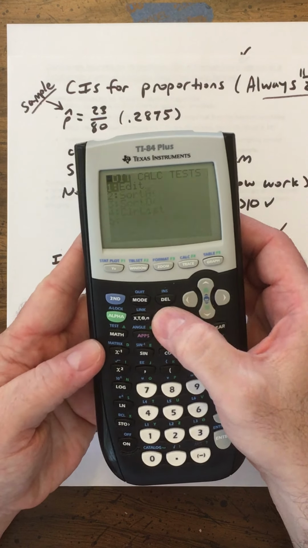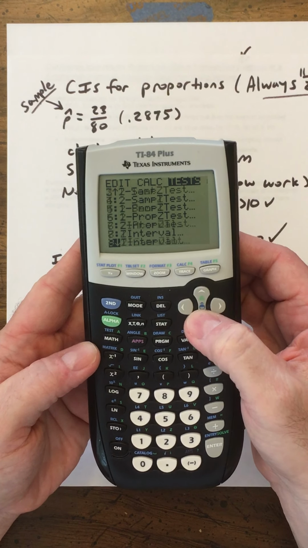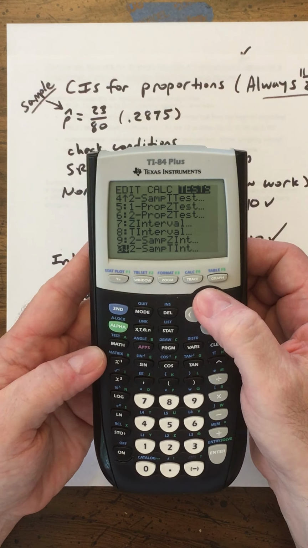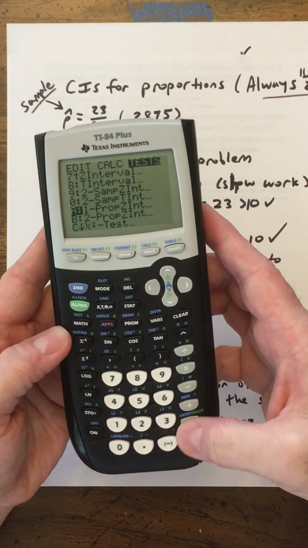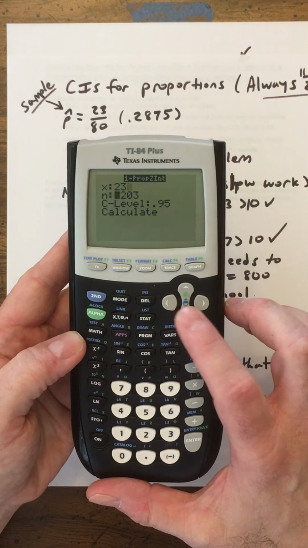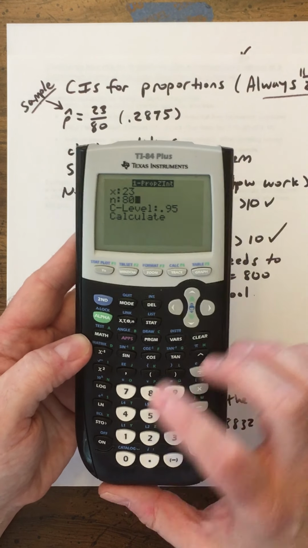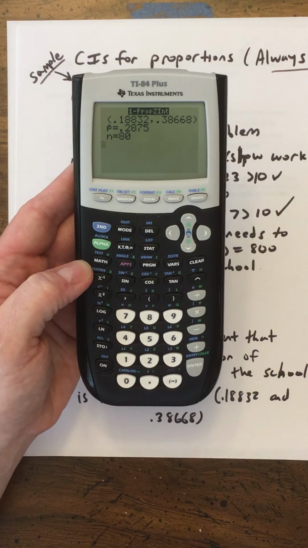When you go to your stat, here we're doing a one proportion z interval. One prop z interval. You have to go down a little bit. One prop z interval. Let's see what we got. X was 23. There were 23 allergy sufferers, and n is 80. And we wanted, was it 95%? 95% confidence interval, so calculate it. So I'll write down these numbers,